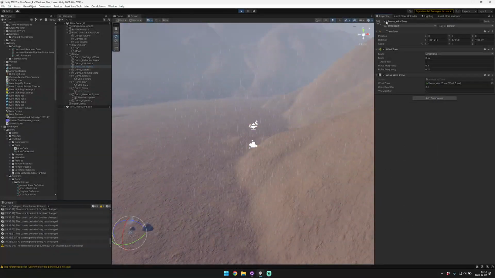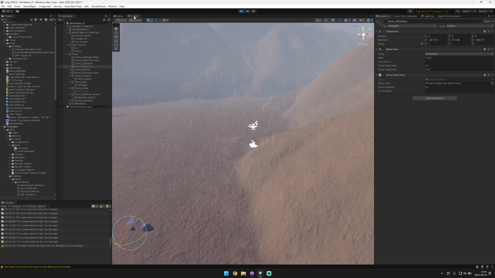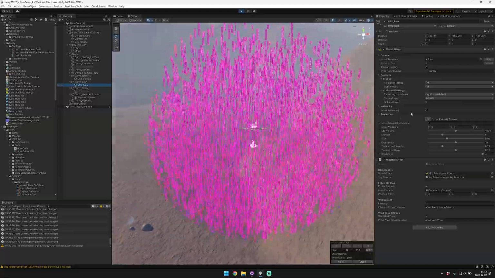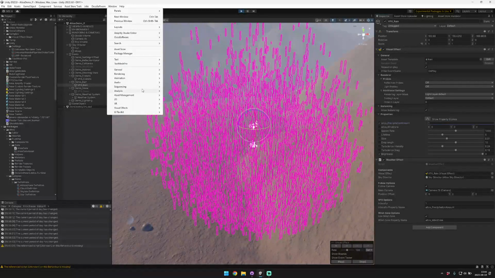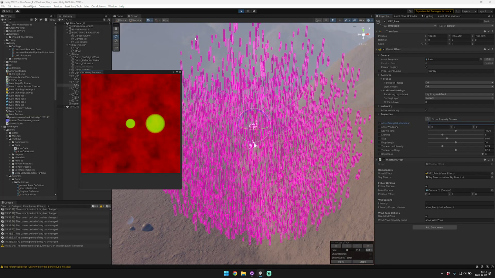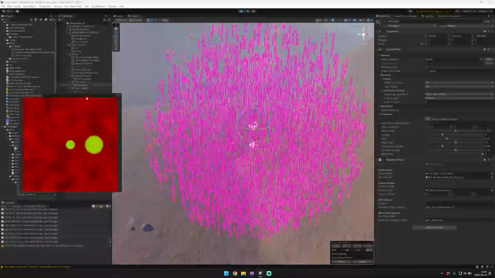So if we enable our wind zone and pump up the intensity, you can see that it's blowing our rain around in our scene. Go ahead and disable that. And the precipitation amount. So the precipitation amount comes from this value. So this value is set by looking at the cloud map preview, and in the cloud map preview you can see that we have our precipitation